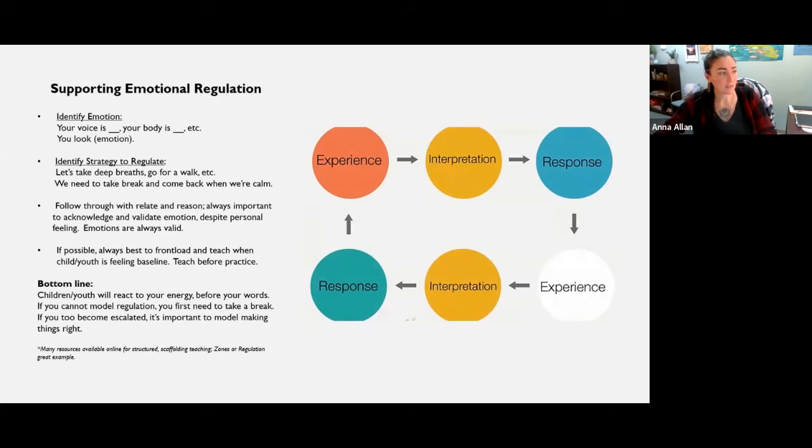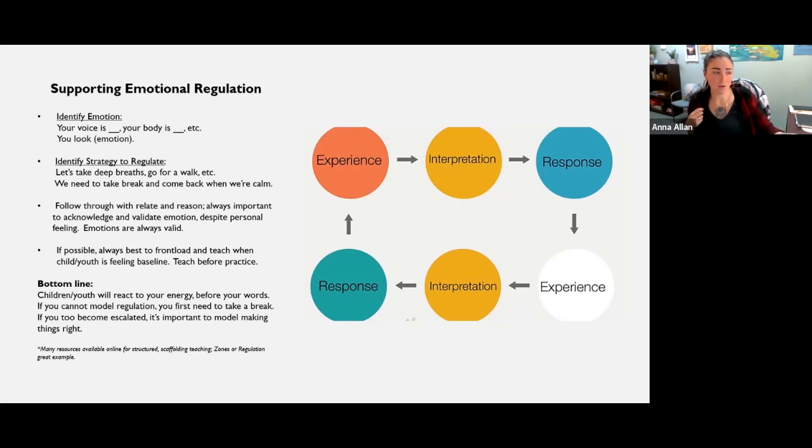And kind of the last slide, supporting emotional regulation. I'm just going to pound through this one and then we can decide what we want to do. But when we look at supporting emotional regulation, looking at this image here, again, for both